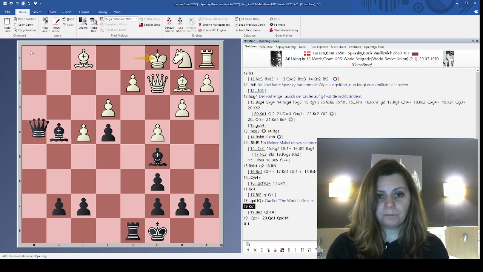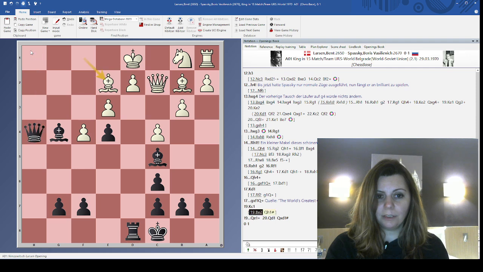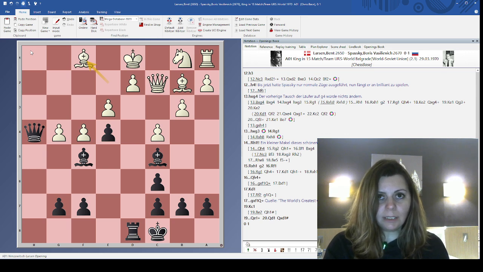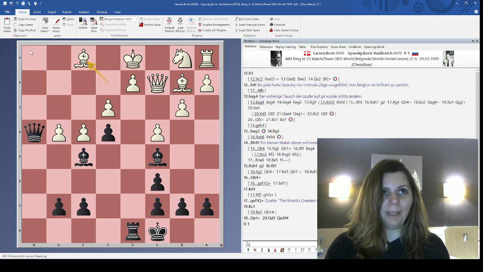If you go, that checkmate comes. And if bishop e2, this checkmate. So that's how Spassky destroyed Larsen that day in just 17 moves with Black,